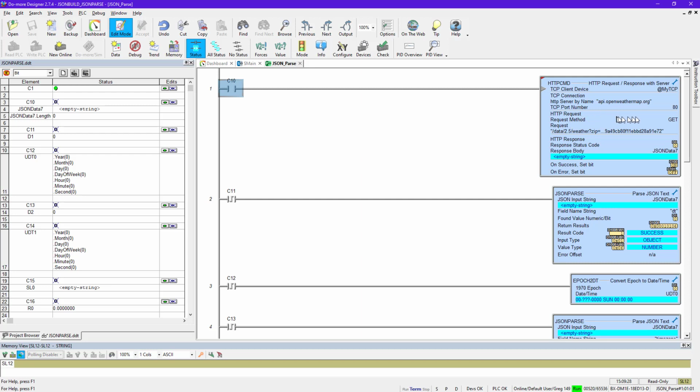Now it's going to stuff that into JSON data 7 string. Each string in that block is 1024 characters long. So when I execute this C10, you can see it goes out and gets the data. Here's the data right here. And you can see that the length is 463 bytes long. So that was quite a bit longer than the longest standard string in the Do-more, which is SL, which is